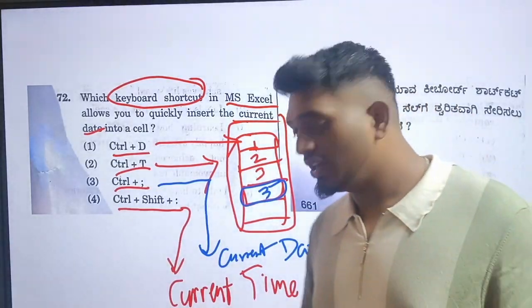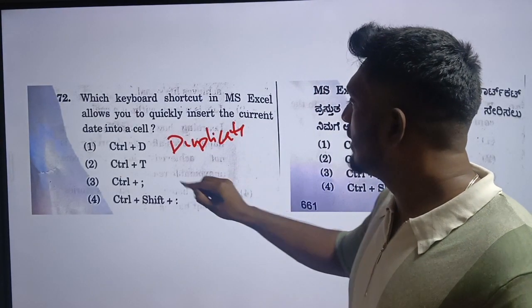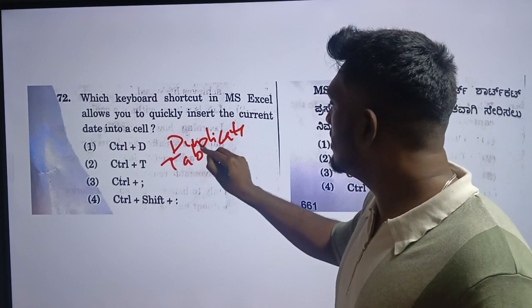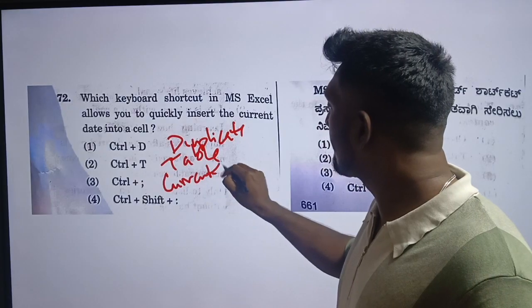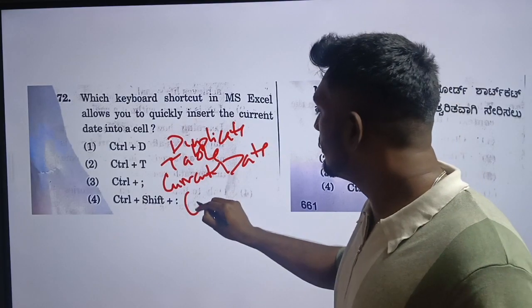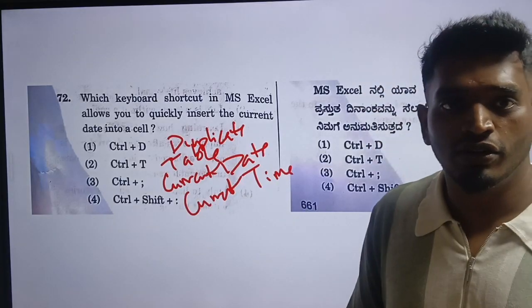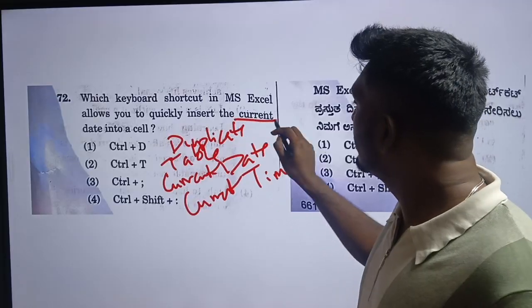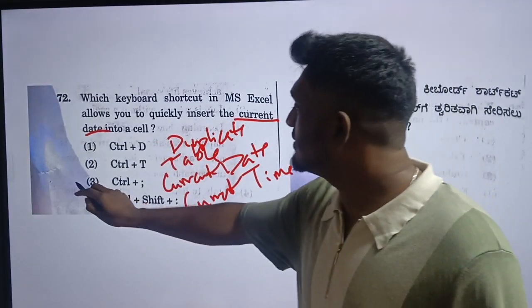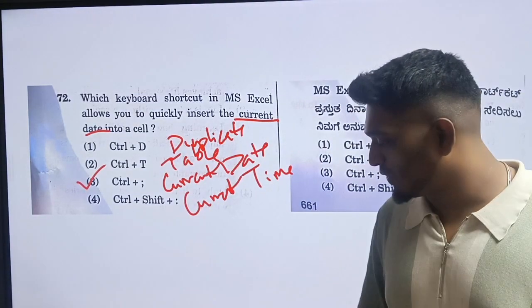Here, duplicate, this will create a table, this is the current date, this is the current time. Okay? Now we know the keyboard shortcut in MS Excel to insert the current date. So the option is Control semicolon. Awesome. Now let's get into the next question.